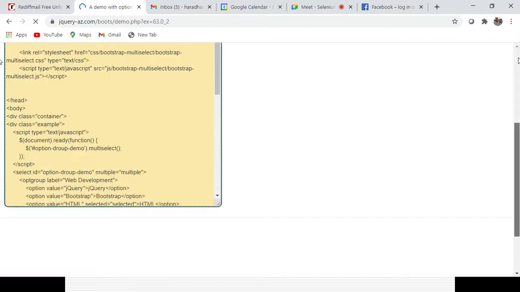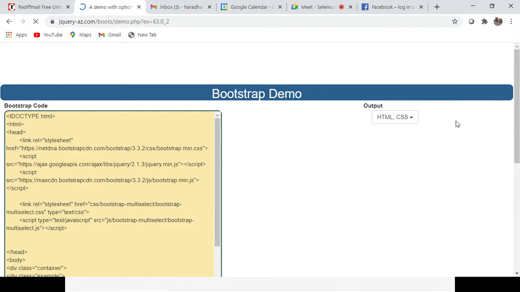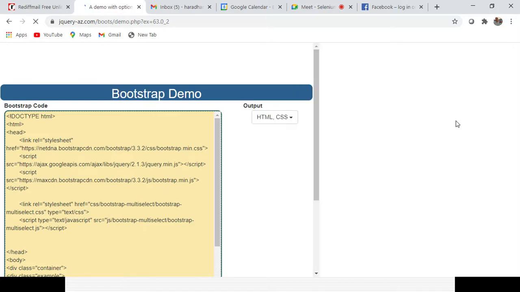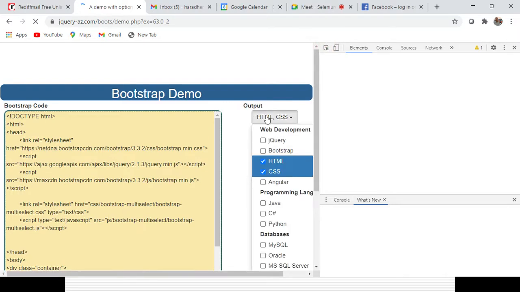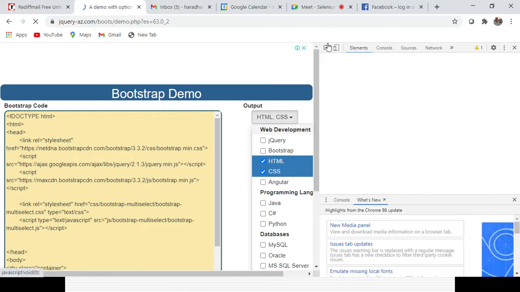So let's give some time to load the page fully. After that, if you want to inspect the element, it's still loading. That is the reason it is not coming here.